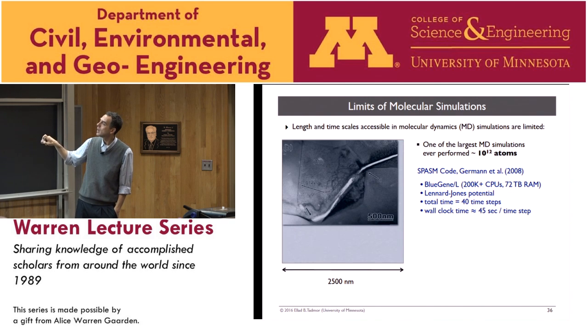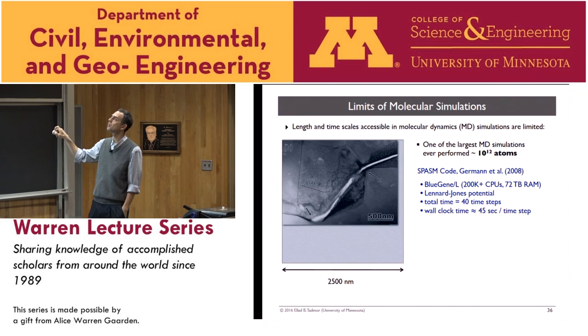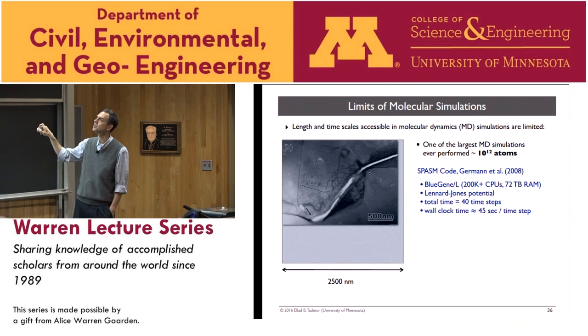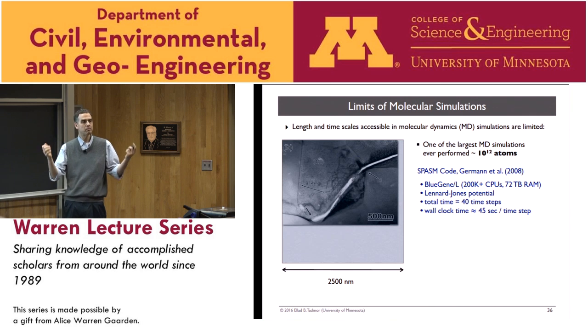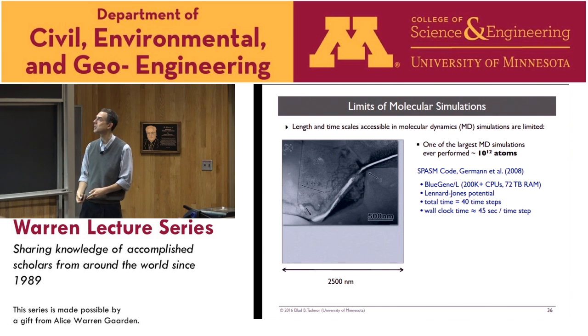Okay, so the length here is 2,500 nanometers. And compared to the pictures I was showing you before, the second to last snapshot was 500 nanometers, so it's about this size. Gives you a scale. Okay? This was really a proof of principle. It was done on, at the time, one of the largest machines that existed, called Blue Gene. 200,000 processors, 72 terabytes of RAM. Lennard-Jones potential, the simplest pair potential you could imagine. Not meant to represent any real material. Just make the cheapest thing that you could do to go to the largest sizes.